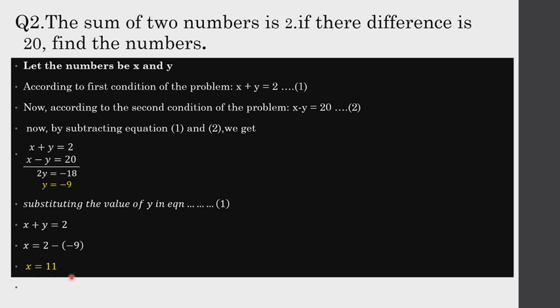So this is how we solve the sums. We first took the two numbers as variables, then we formed the two equations given in the question itself, then we first subtracted them, and whatever value we got we substituted in the equation. So this was a very basic sum from this chapter. Let's look into the next sum.